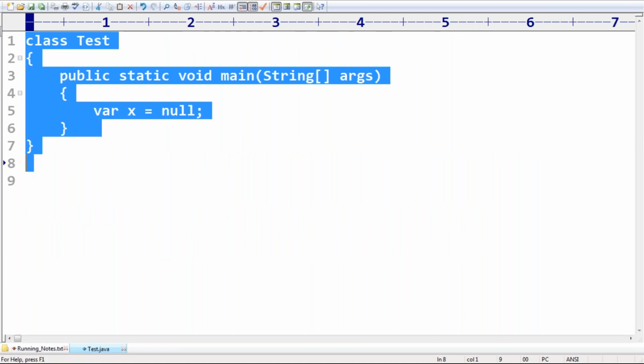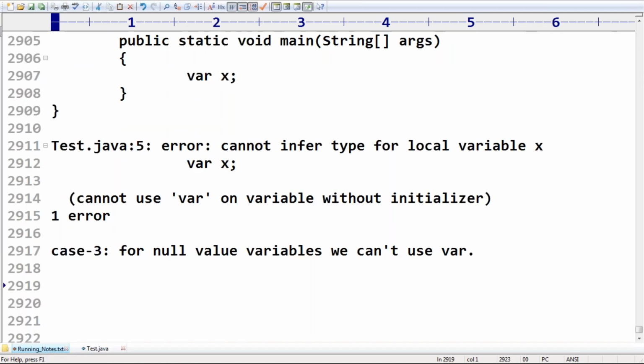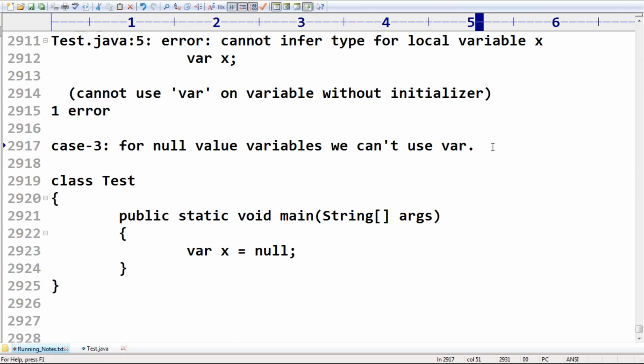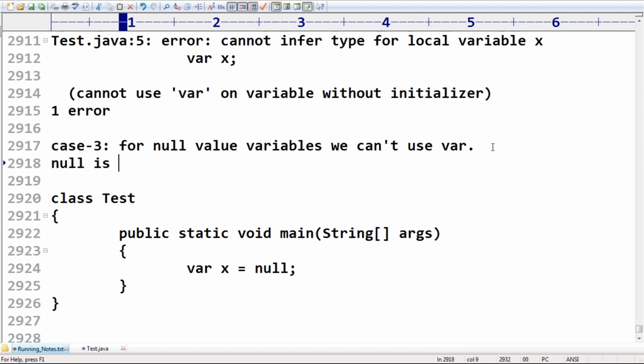What is the problem we are going to get? What is the reason? Because null is allowed for any object type. Hence, the compiler can't guess the type uniquely.